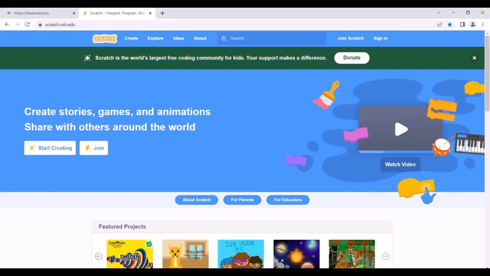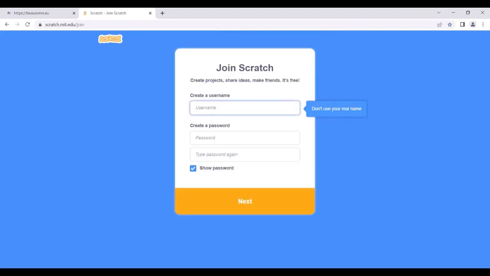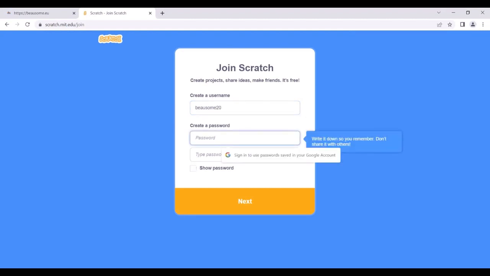Now we have to create our account. So we have to press Join Scratch and we have to choose a username. So let's write our username. Then we have to create our password.